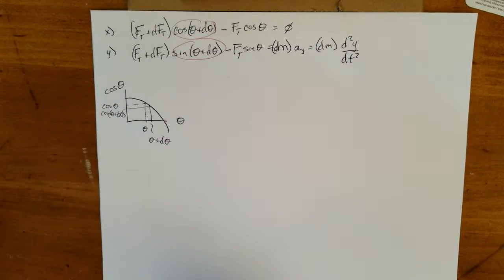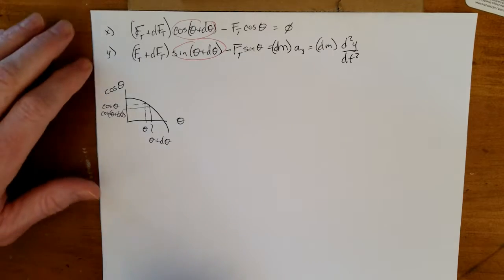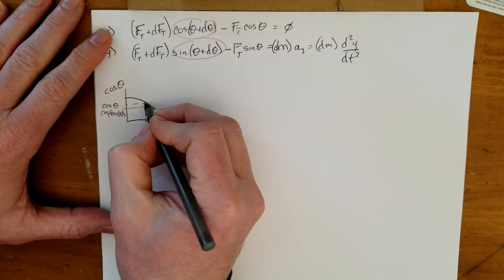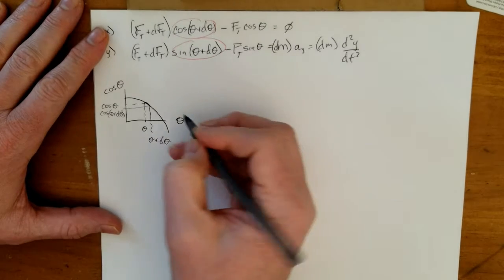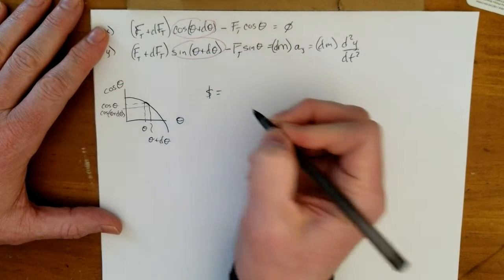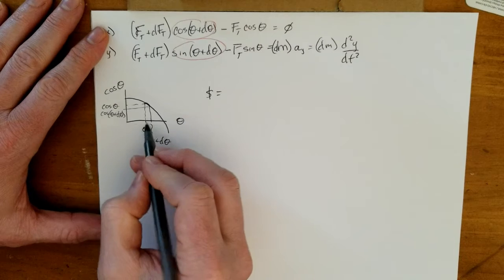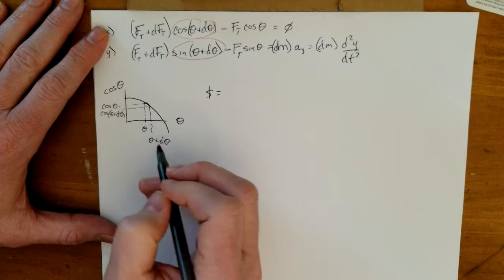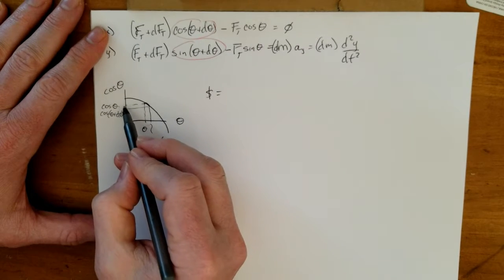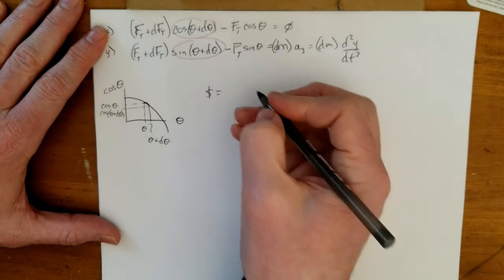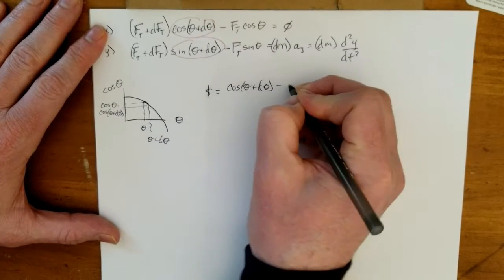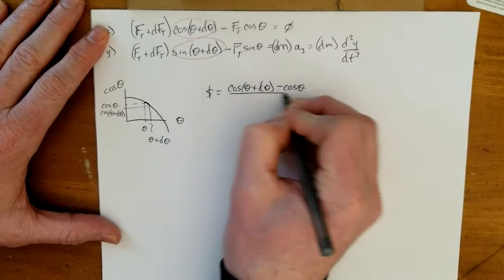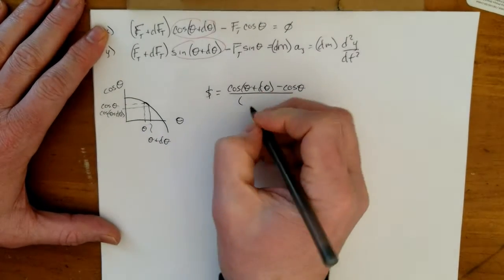Now they're infinitesimally close to each other. I just can't draw them infinitesimally close, and so sort of go with the spirit of it. So I want to find the slope between those two points right there. And I know that the slope from algebra is rise over run, so let's just do change in y over change in x. Let's do change in the vertical over change in horizontal. So I have cosine of theta plus d theta minus cosine of theta over the change of these,